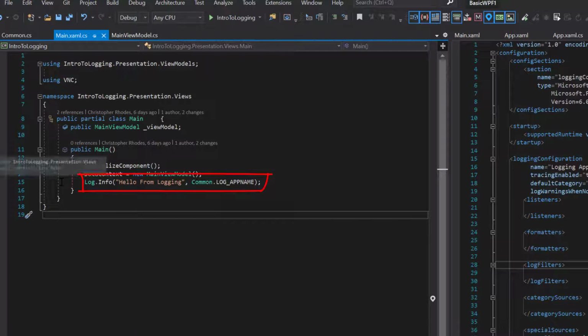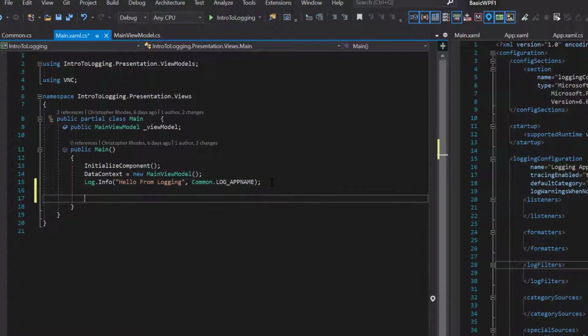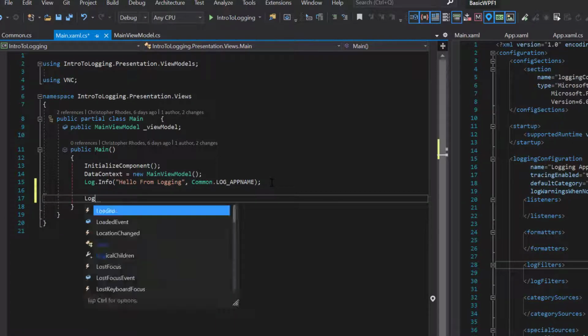new log message. Now, I don't want to go too deeply into the differences between VNC.Logging and the enterprise application block, but let's just scratch the surface, because VNC.Logging is simply a way of using the enterprise application block that simplifies some of the choices you can make and perhaps provide some direction to the developer, which we'll talk more about as we proceed. But just to give you an idea of the differences,